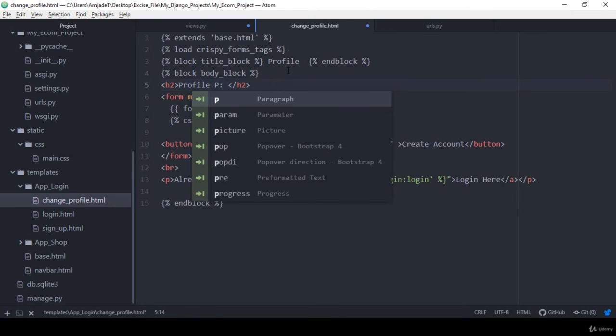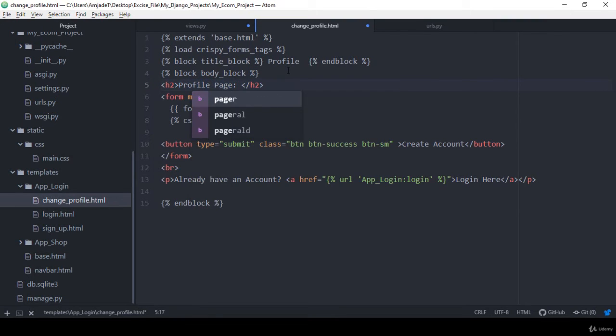Okay, profile page. So this type of h2 tag will be visible, and after that there is our form with the method as a post method. Also here I define a crispy, there is a CSRF token, and the button will be a submit,